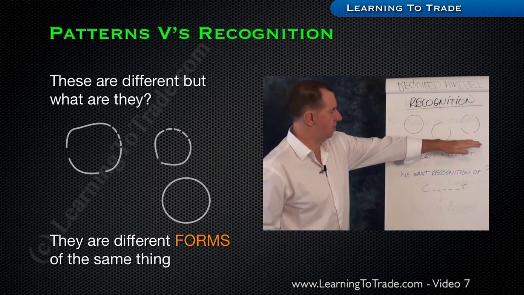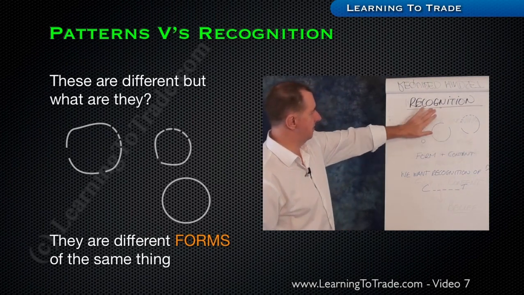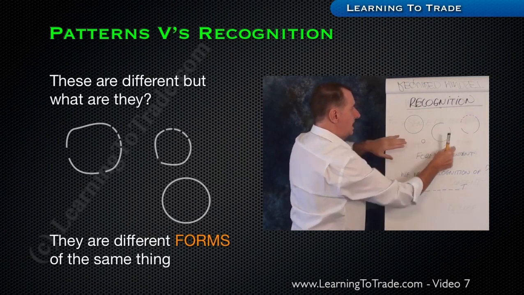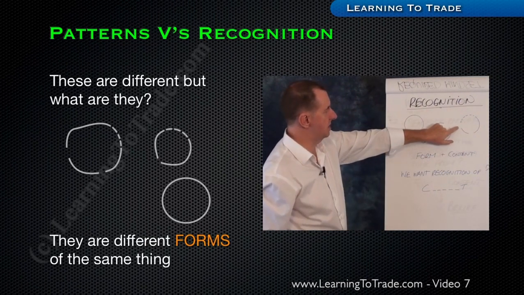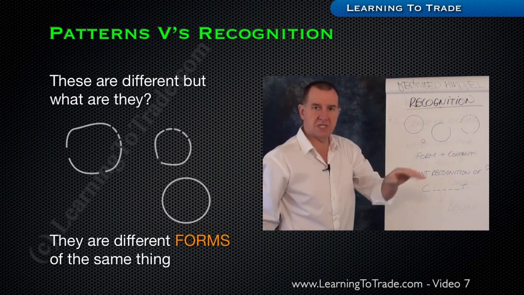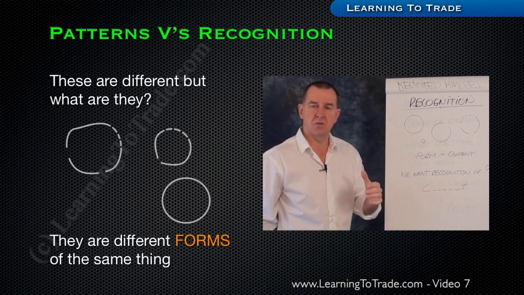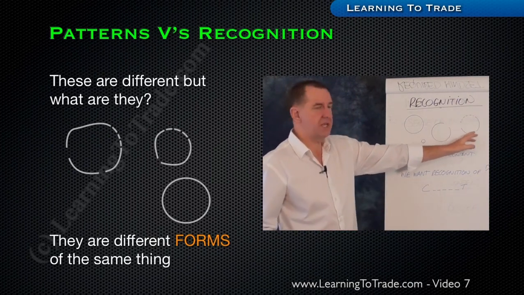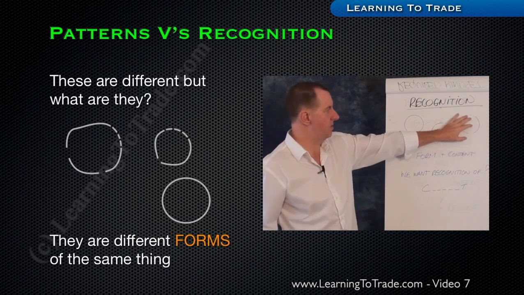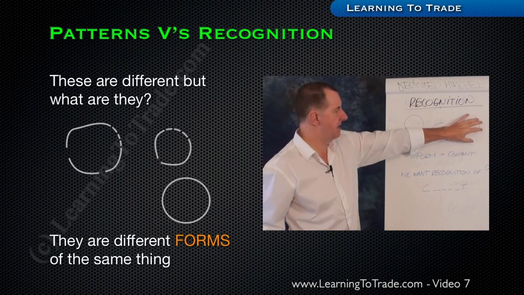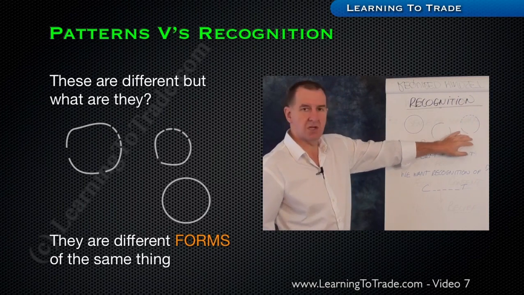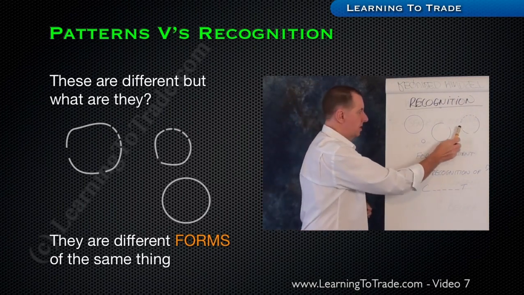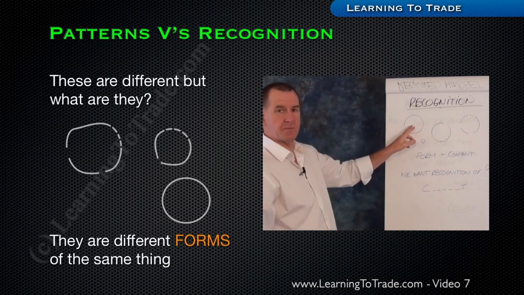Now, if I covered this one off here, and then covered this one off here, and we're only left with this one, that's all we could see. Could we say it's a circle? We could. Why? Because we can see the form that it takes. We can see that is roughly the shape of a circle, and so our mind will literally fill in the gaps as we go around, and so our mind creates this.